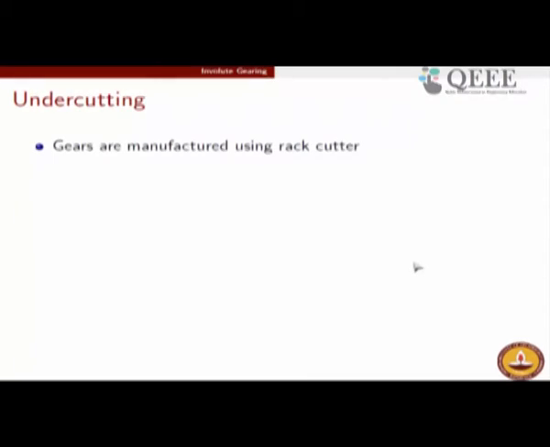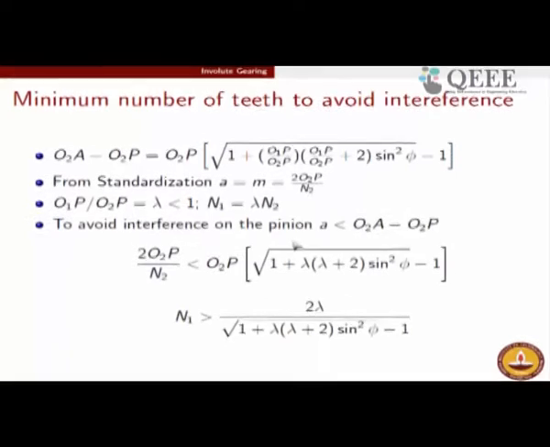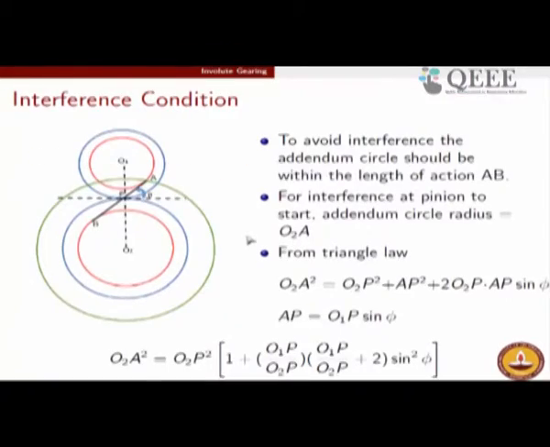As I said, one very common process of gear manufacturing is that of a rack cutting operation. Rack cutting essentially means that it is an engagement of a rack cutter with a gear blank, right. So, we have to now boil down this situation to that of a rack and pinion gearing arrangement. Just like what we have shown here is the interference between two gears, there is a similar condition of